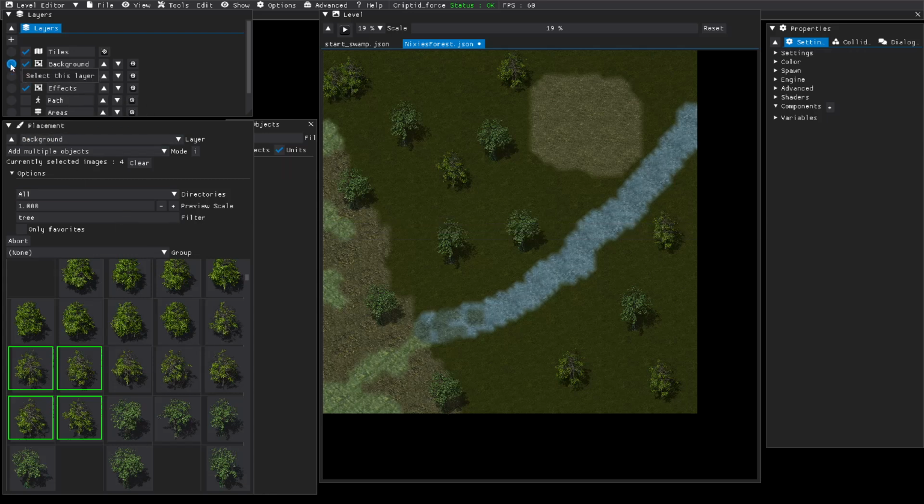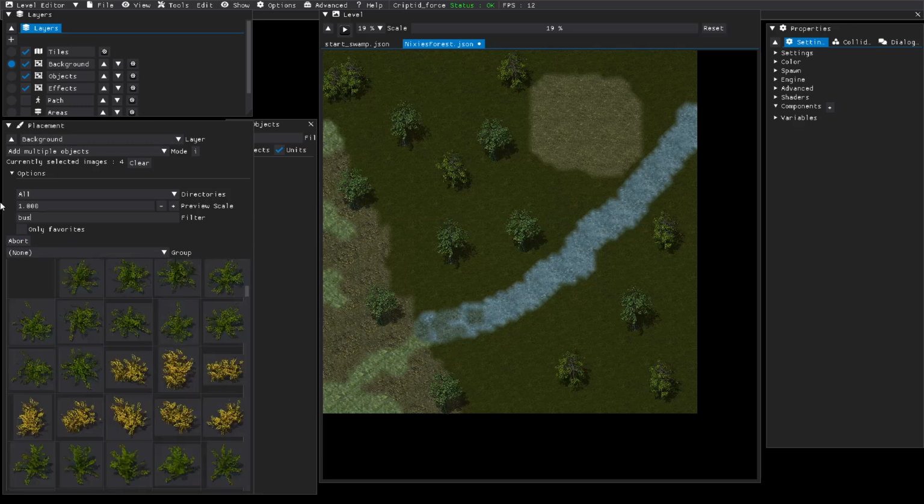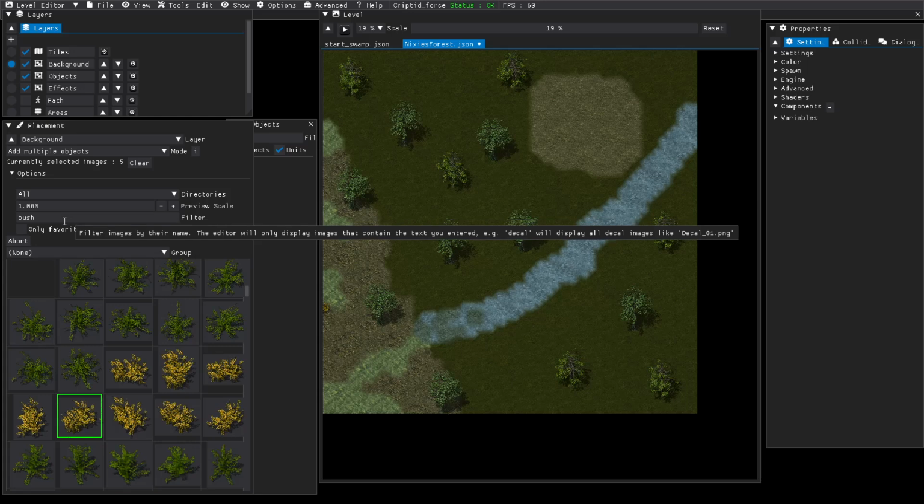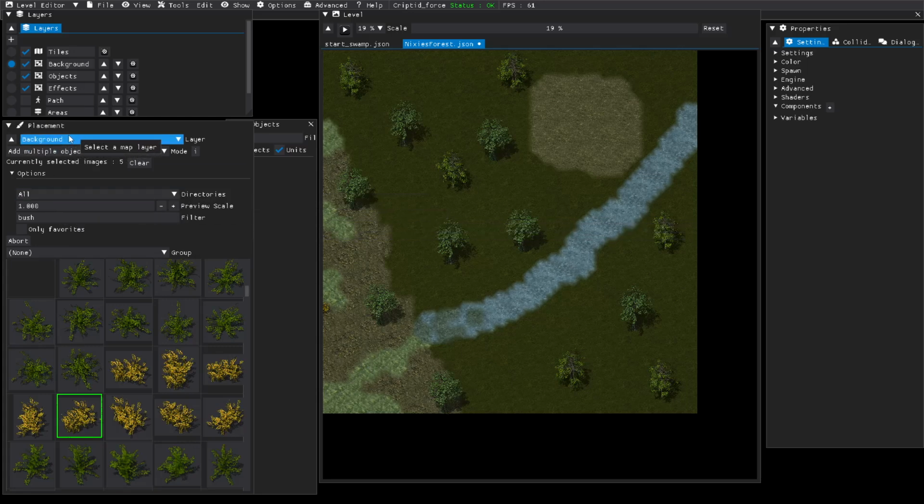Now I'm going to go to the background mode, bush, let's go, let's try,